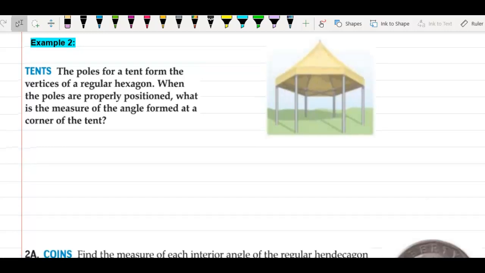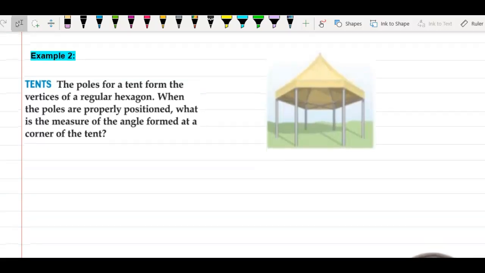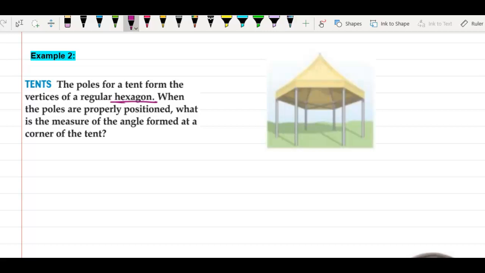All right, so for the next one, we're just going to do the tent one. We'll save the other one for class. So we have the poles for a tent form the vertices of a regular hexagon. Okay, so let's pull that piece out. If it's a hexagon,